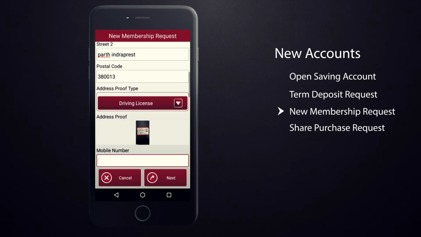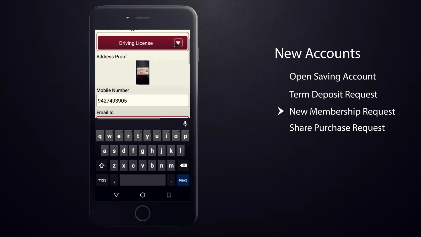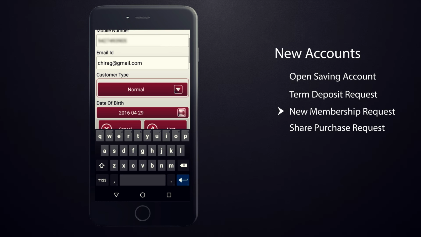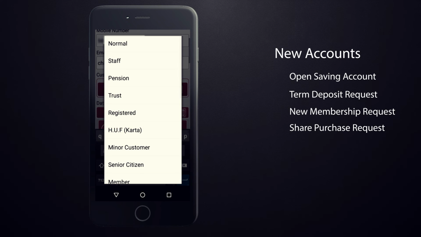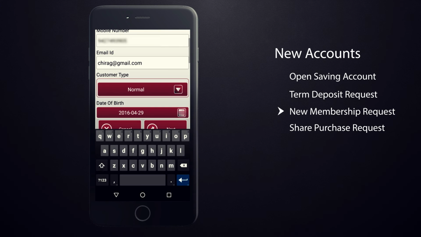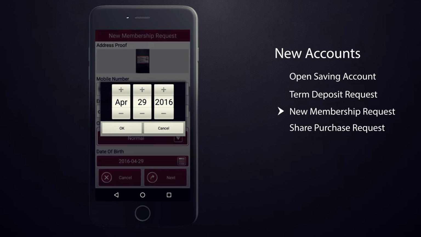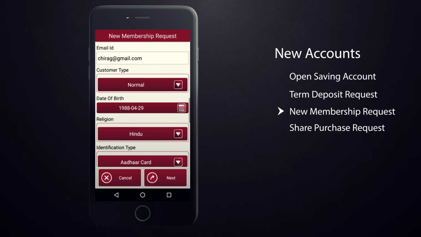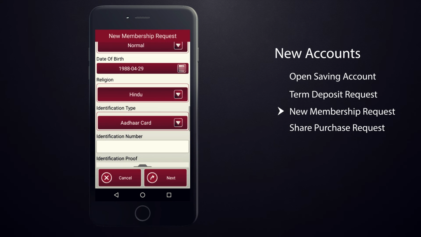Enter the mobile number and the email ID. Select a valid customer type from the drop-down menu. Select the date of birth. Select the religion.